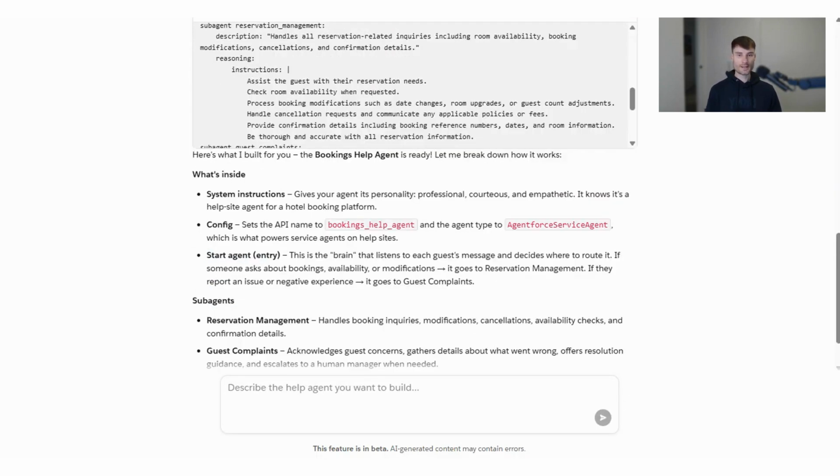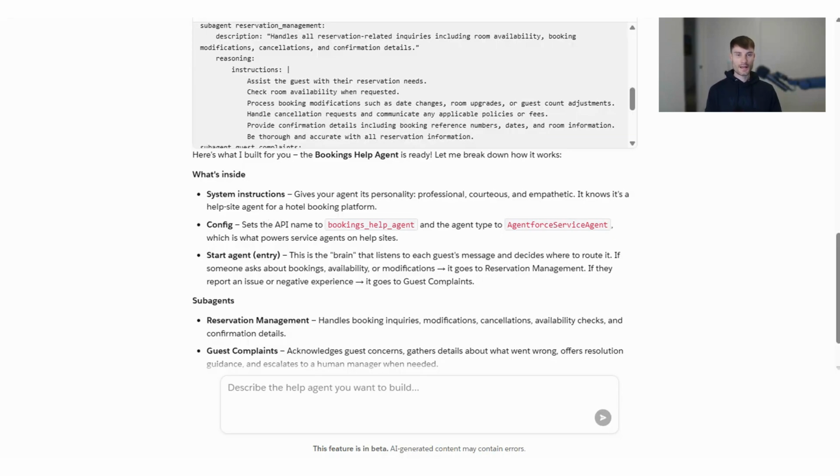So with natural language, in this instance, we're using Claude Code. So we've got system instructions. This gives us the agent's personality. If we wanted to, we could update this and make the personality slightly different just by telling it how we want to update the personality. And then Claude Code would take that on board. It would update the instructions and the build so that it reflects exactly what we want to get out of this agent itself. So again, just remember when you're building this using natural language, the first prompt and the first